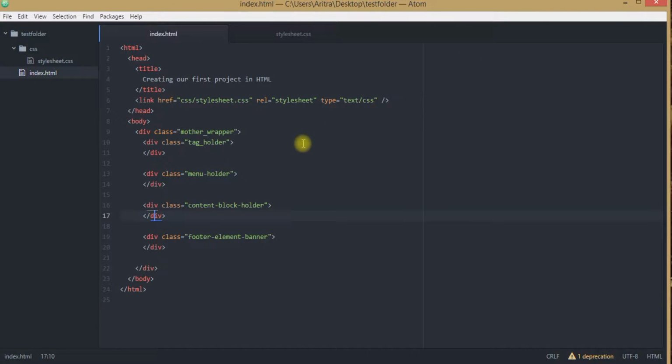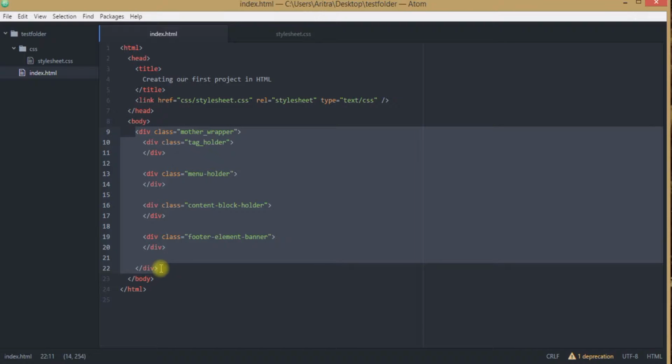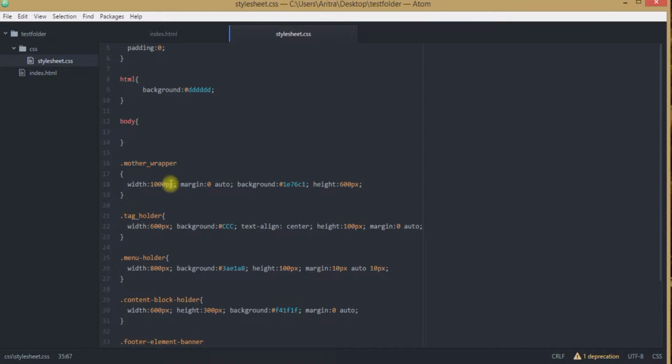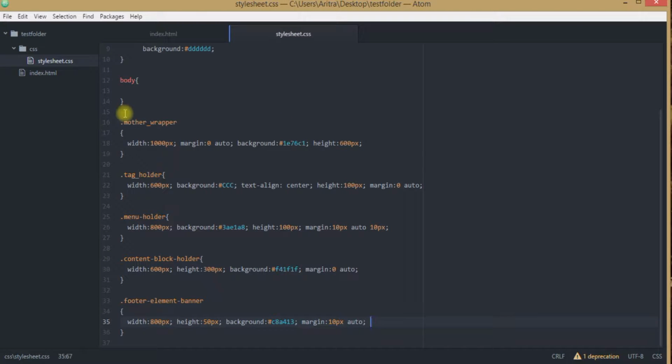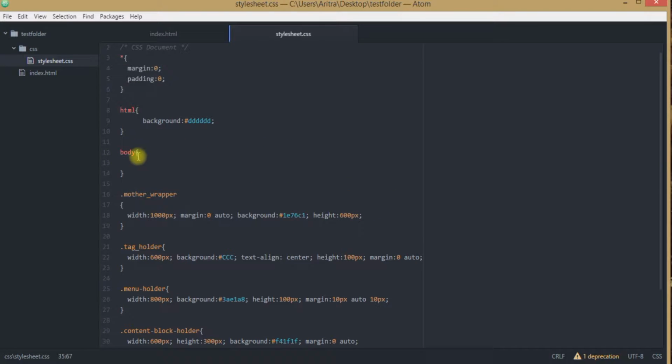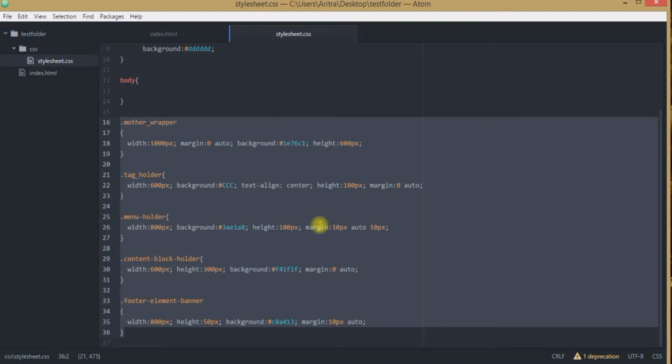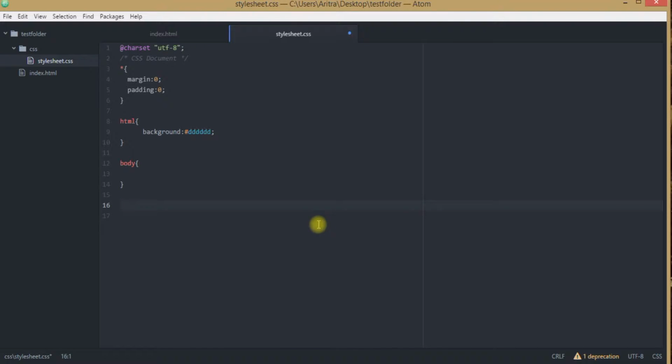So let's try to implement this, but first of all delete all these things we have created so far. So I'm deleting all these things inside this body tag, and not only here. We have to get inside our stylesheet.css, and delete all those things except these default selectors and the universal selector present over here. All we have to do is delete all those class demo selectors that we have created so far. So just delete it, and then we will be reconstructing our coding as per the project criteria.